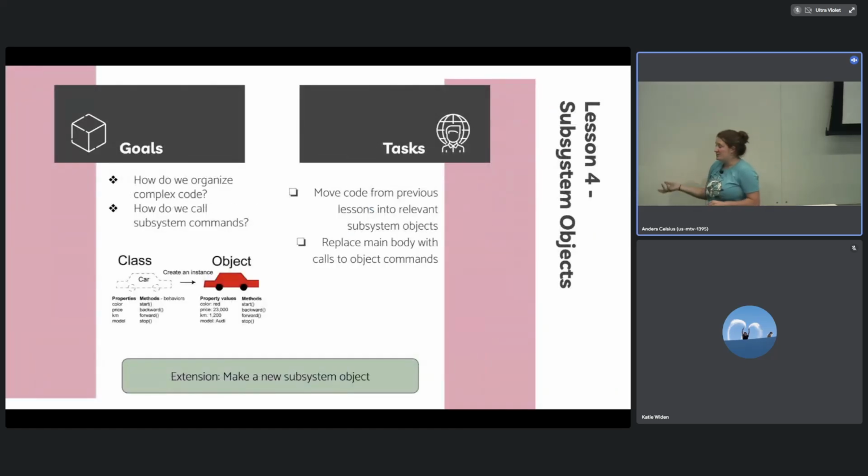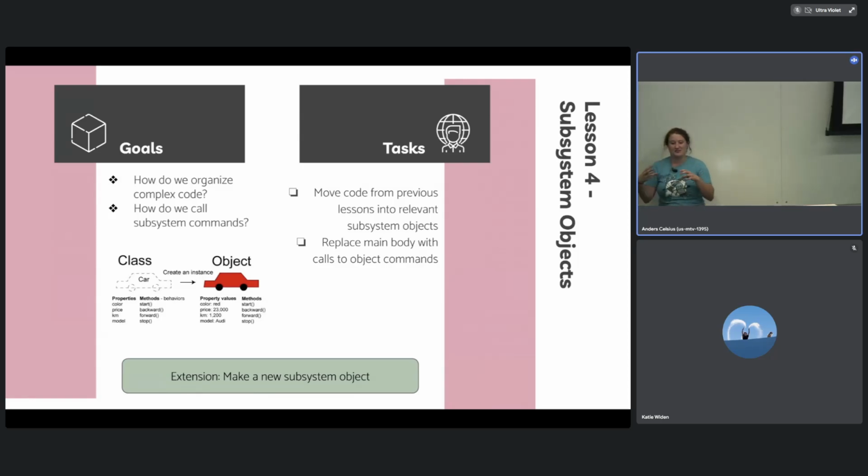And then we go into subsystem objects. So those of you who are wondering where the structure is, this is where we get into it. Once I have them doing PID, I'm like, okay, we got to go back to the boring stuff. So we talk about how if they did all of this in one piece of code, it gets really messy and really gross. And so now I'm like, okay, we actually have these things called objects, and we use them to organize our code nicely. And this is one that I always just hand off to my experienced programmers. I'm like, you go help them with that.